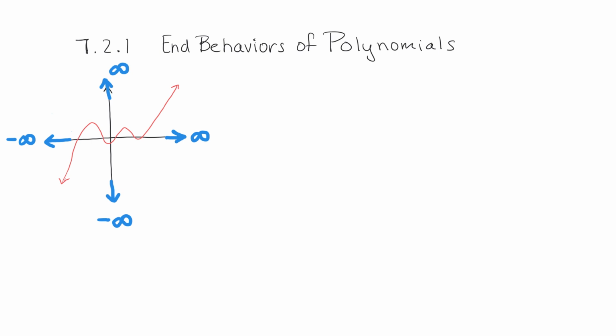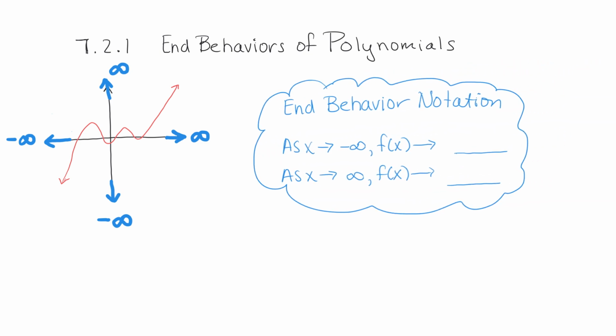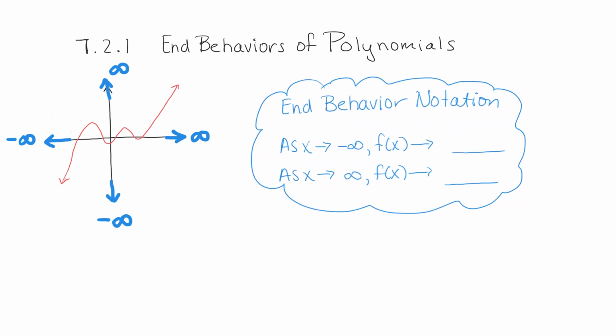Let me bring this in. This is the notation that you're going to see for end behavior, but it's not always written for you, so you need to be able to write it yourself. Let me emphasize what you're going to do here. We're writing a statement, and this says, as x approaches negative infinity, so as my x values are approaching negative infinity,